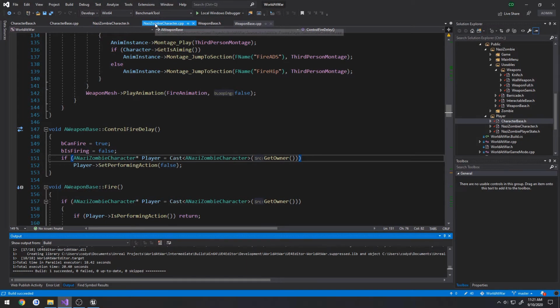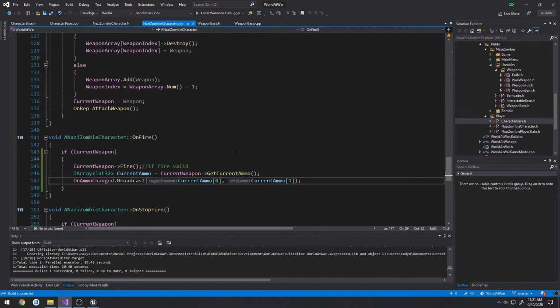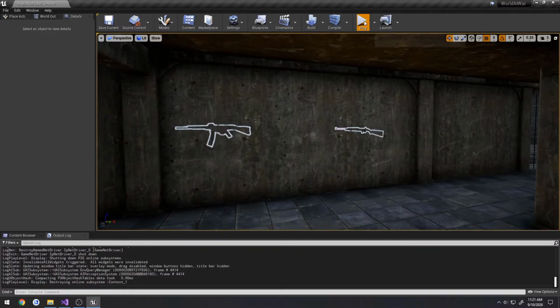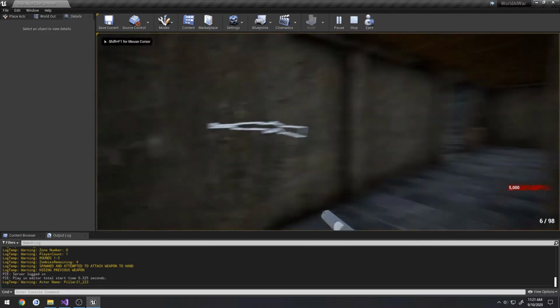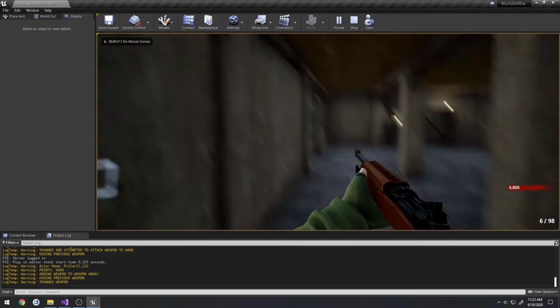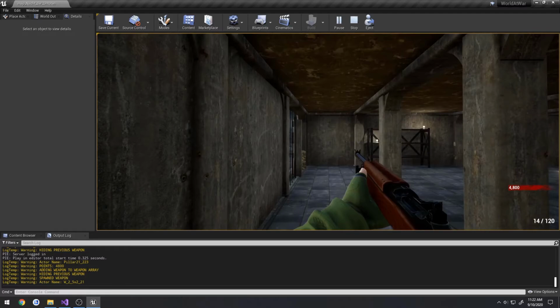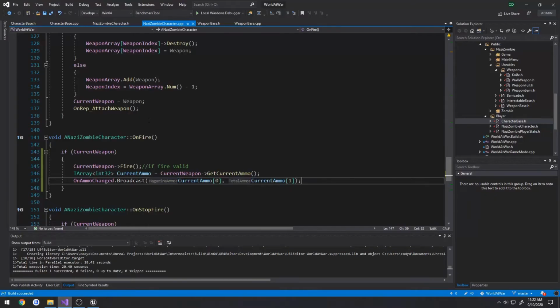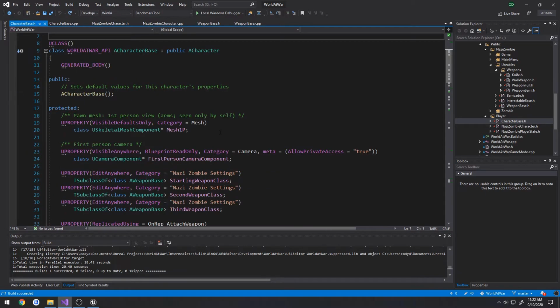So in order to do that, we need to think about how our event is set up. So we also want to do it when we switch. So for example, 6 out of 98, Lithium 1, doesn't change till I shoot. So we need this to work when we switch weapons, as well as when we reload and that kind of stuff. So what I'm going to do, if we head over to our character base.h,